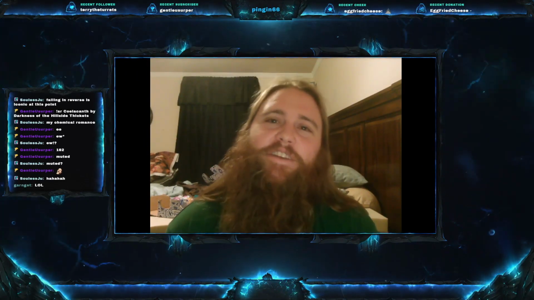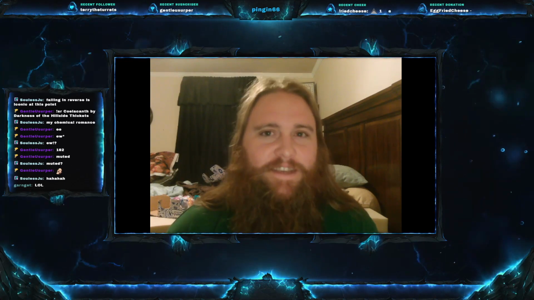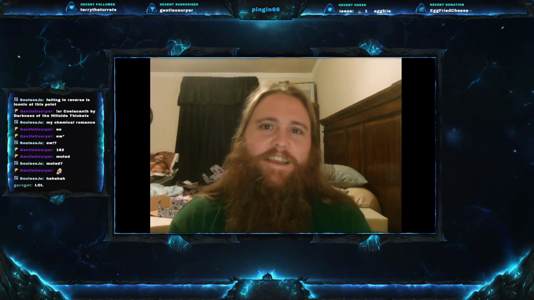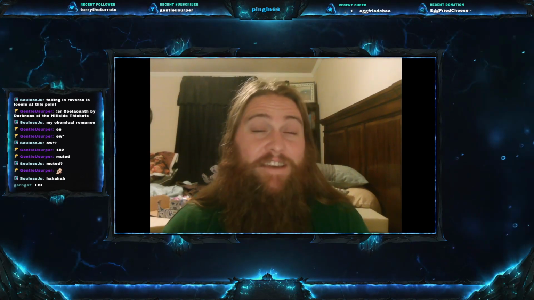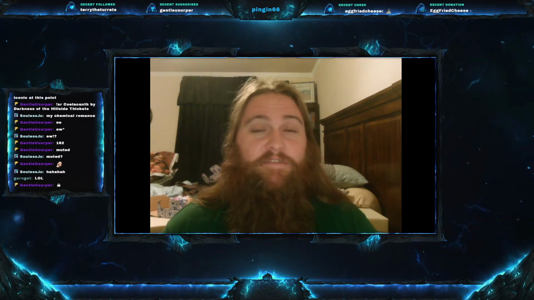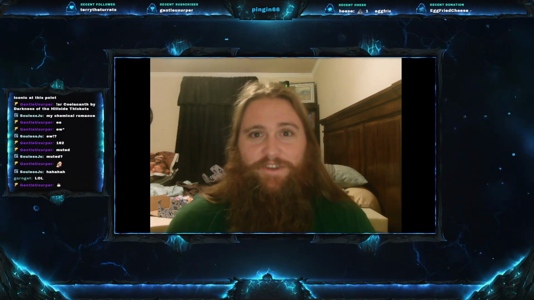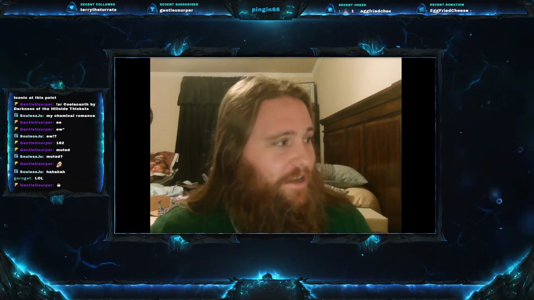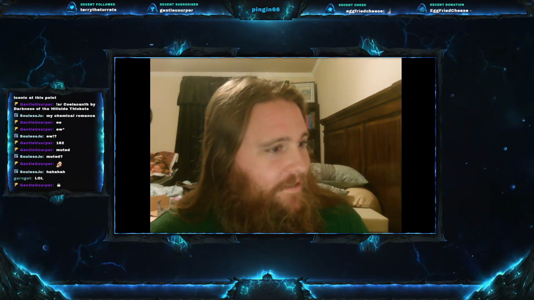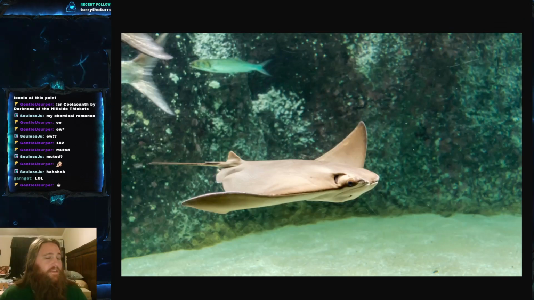Today we are on Fish Friday number 126 and we have a good one for you today. Today's fish is a fish that you've definitely seen if you've been to any of the large aquariums, and you might have even pet this fish. Today's fish that we're going to be talking about is the cownose ray. So the cownose ray, or scientific name Rhinoptera bonasus, again that's Rhinoptera bonasus, it is part of